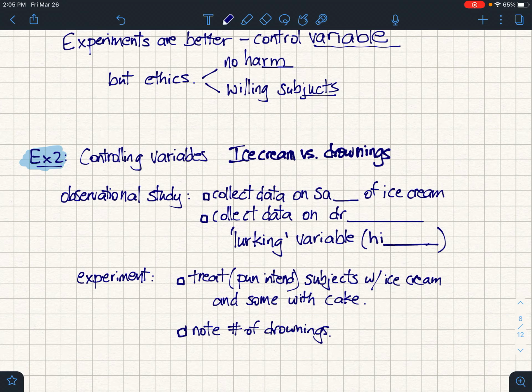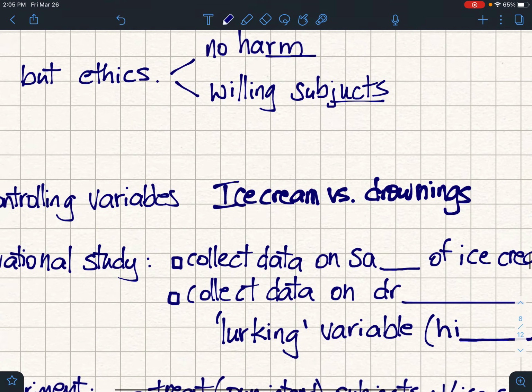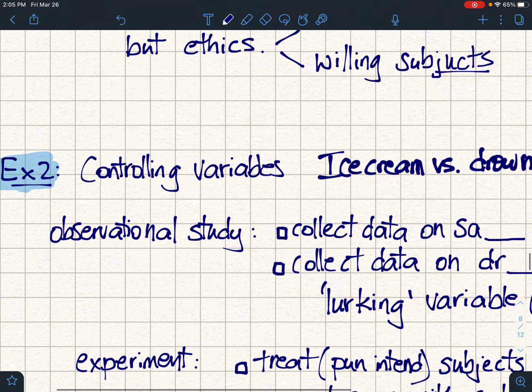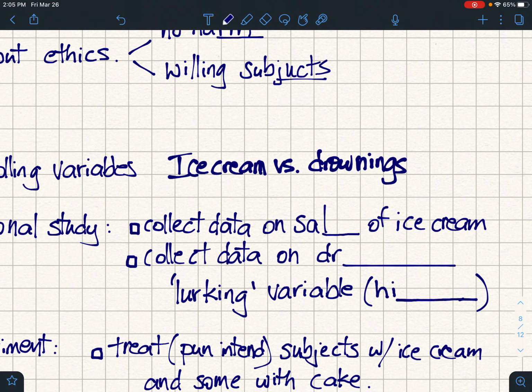Anyways, so let's look at ice cream versus drownings, right? Is there correlation between ice cream eaten and drownings? And most of us would say this is crazy. There's nothing to do with one with the other. And yet, if we did an observational study and you collected data on